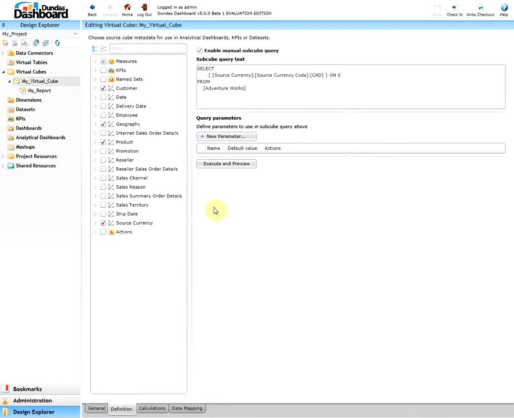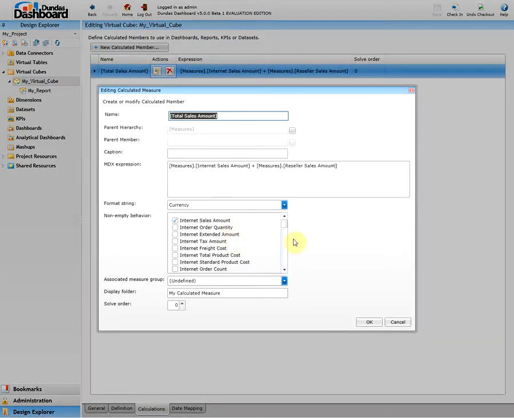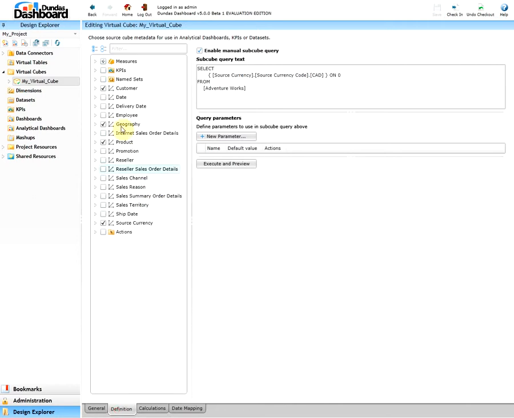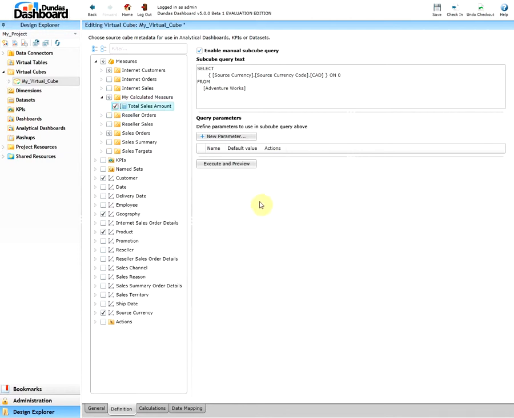In this next example, I'm going to show you how a calculated member is used. So for example, I have a calculated member defined in my cube that's called total sales amount, that returns the total of the internet sales amount and the reseller sales amount. So once I have it defined, I save it, and in the definition tab of the cube, you can see that my calculated measure is one of the measures available for selection. Once I select it in the cube and save it,